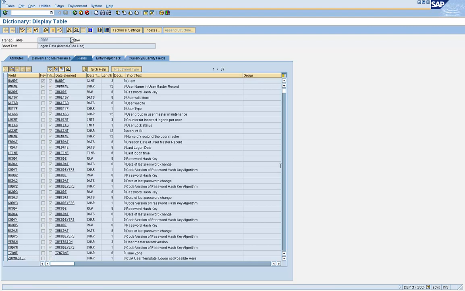When I log into some other client in the same system, let's say client 811, and look at the data from this same table USR02, I can see the user information for the user IDs which are in client 811.